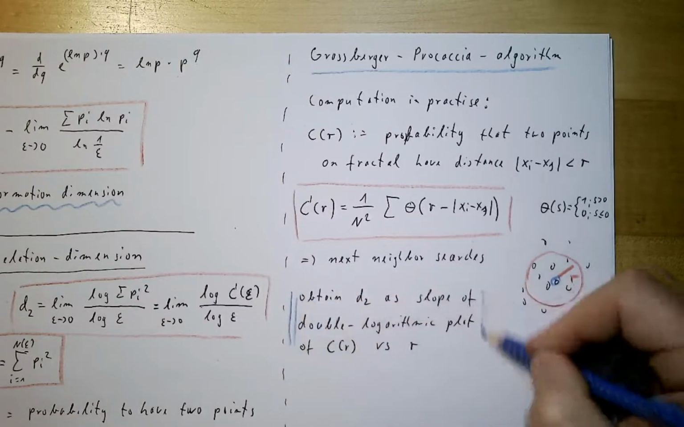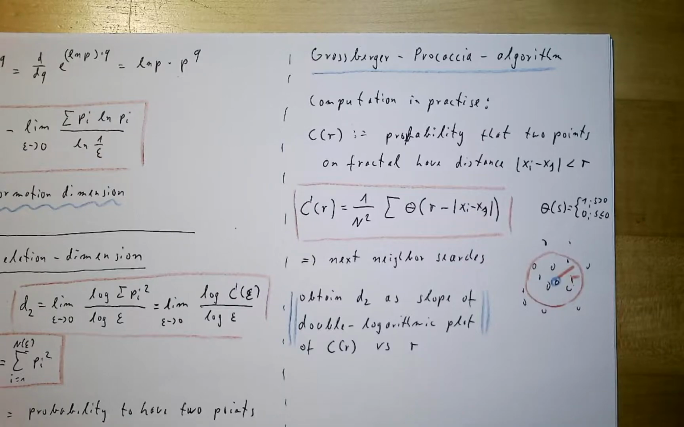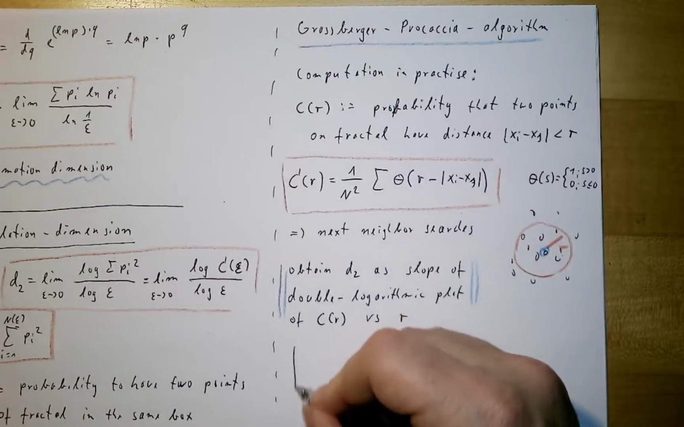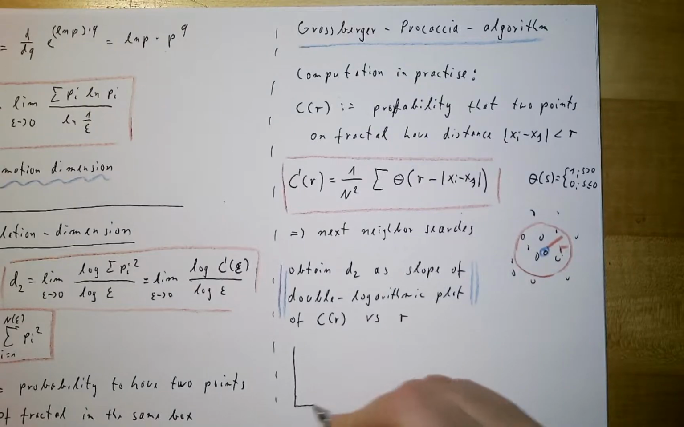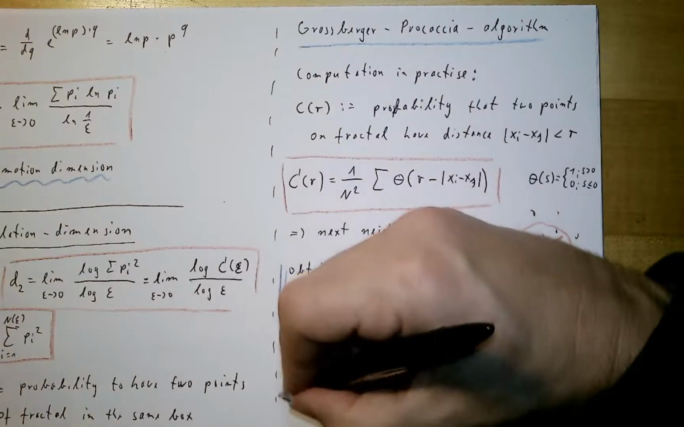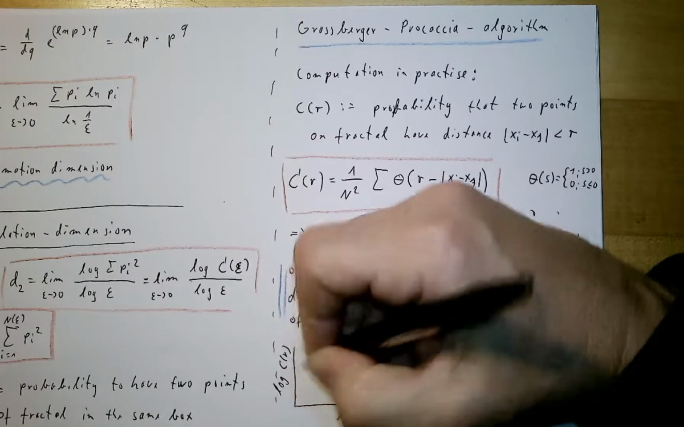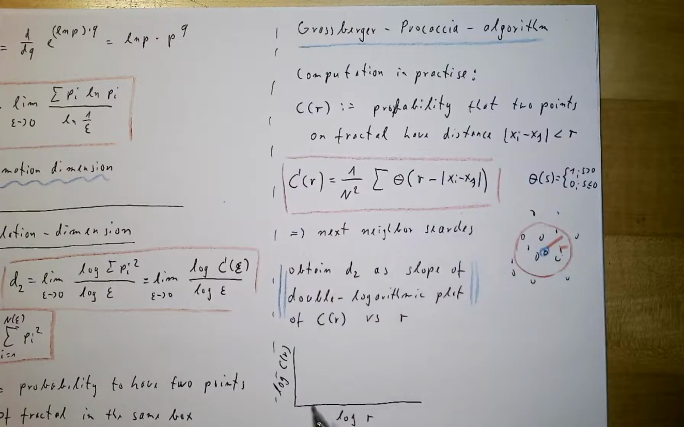So this is how this is done. What we do is make a plot. Here we take the logarithm of our sizes, and here we take the logarithm of the correlation sum, and this is now something which is increasing,